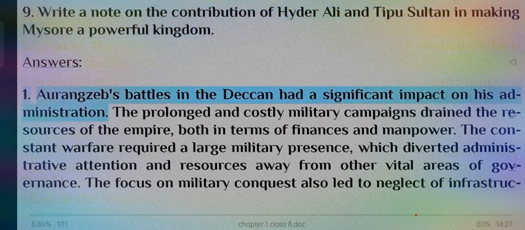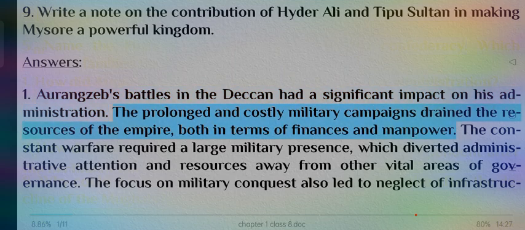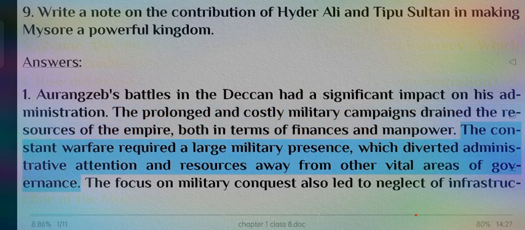Answers. 1. Aurangzeb's battles in the Deccan had a significant impact on his administration. The prolonged and costly military campaigns drained the resources of the empire, both in terms of finances and manpower. The constant warfare required a large military presence, which diverted administrative attention and resources away from other vital areas of